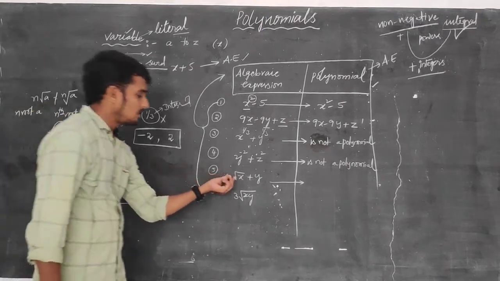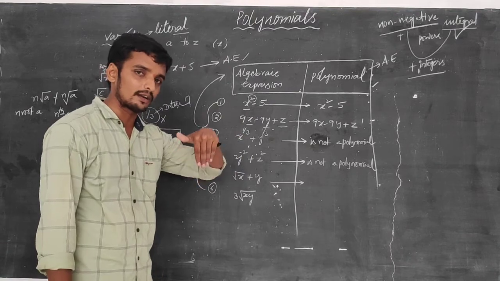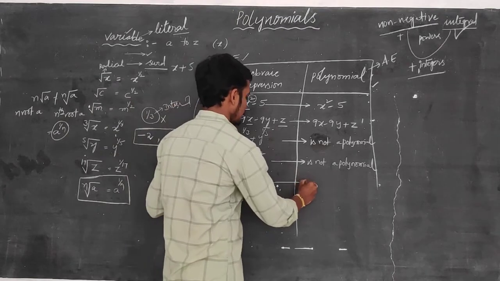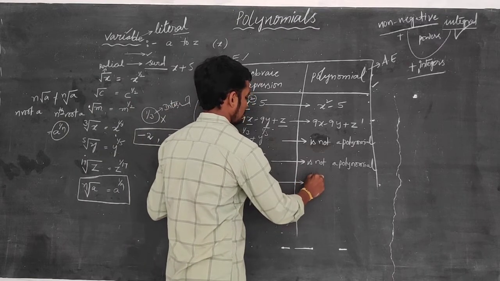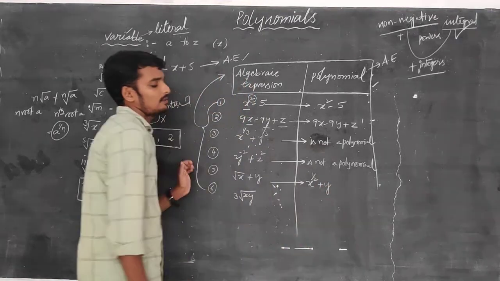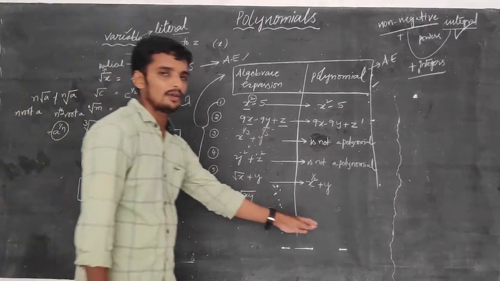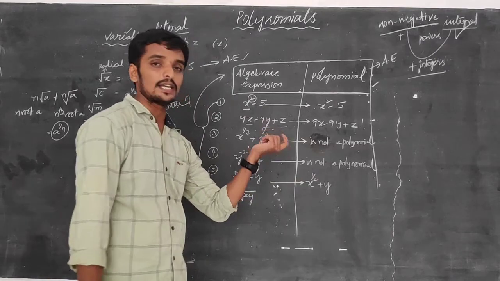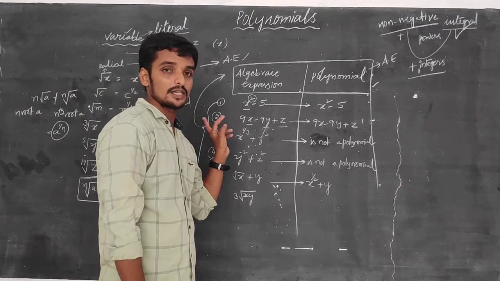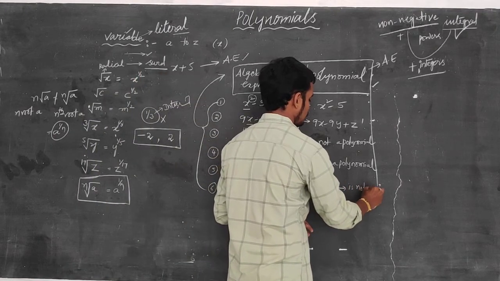So the same way we write root x. Root x is converted into the exponential form. Exponential form lo convert chesthe manam polynomial kadani easily decide cheyachu. The same way, root x plus 1 is converted into the exponential form: x to the power of 1 by 2 plus 1. Now you can conclude. Is this a polynomial or not? You are simply saying it is not a polynomial. Why? Because the variable x has an exponent 1 by 2. 1 by 2 is not an integer, it is a rational number. So we conclude it is not a polynomial.